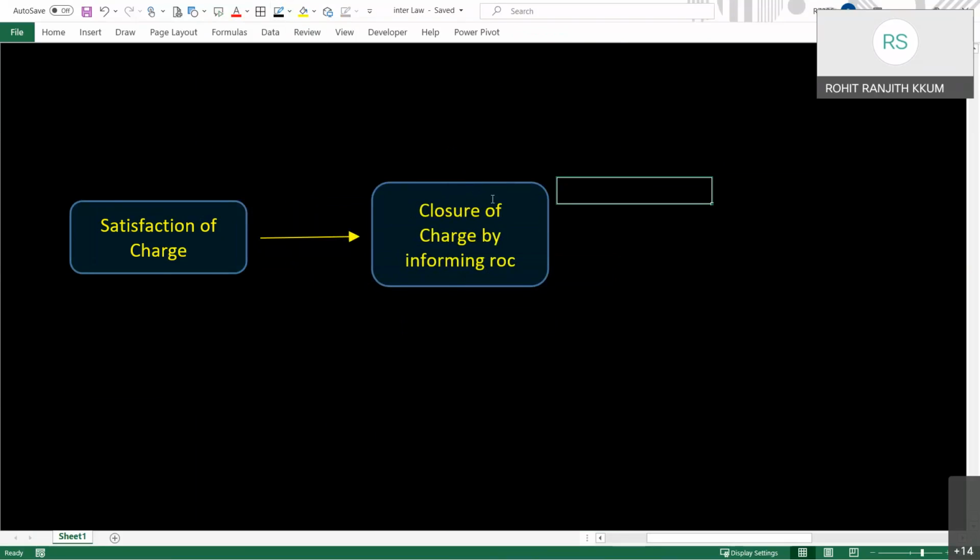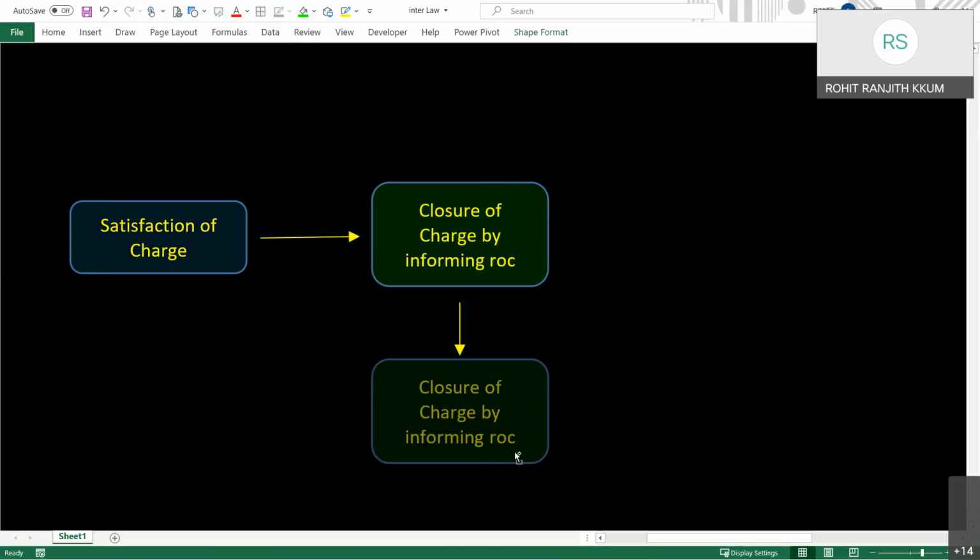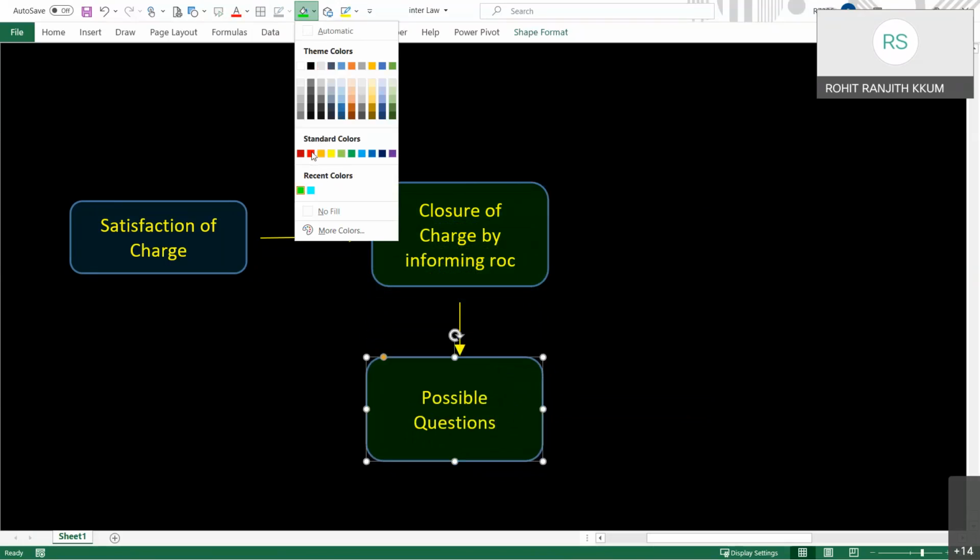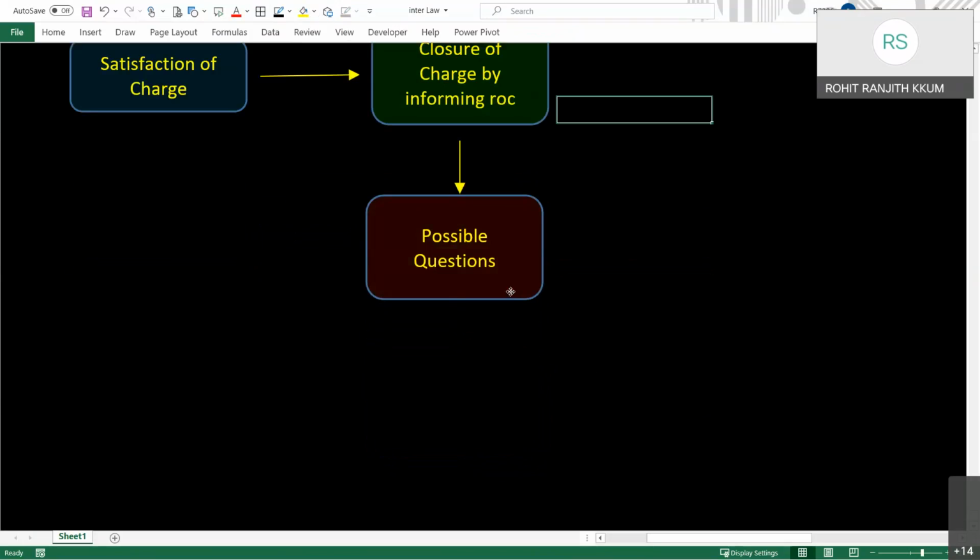Now, what are the important questions for your exam about the closure? When you talk about the questions, what kind of questions can we expect from this? Because everything we are doing over here is from which angle? Examination point of view. So possible questions from this particular topic. Question number 1 over here,